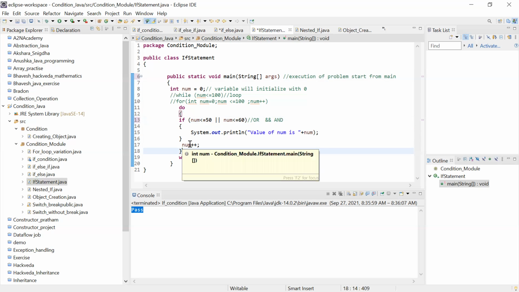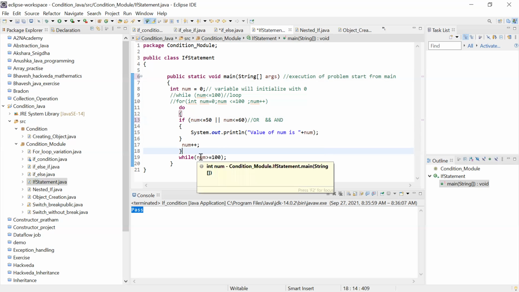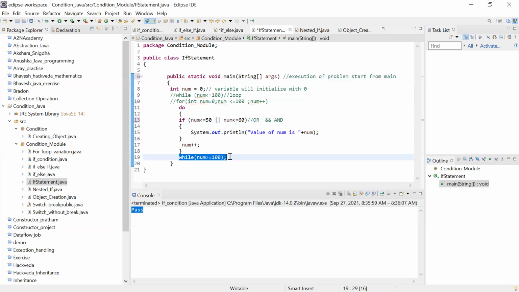You will increment the value of num to 1, and you are going to check is 1 greater than 100? Now this condition is false here, right? No, but still it will print the current value of num at least one time. Let me run and show you.